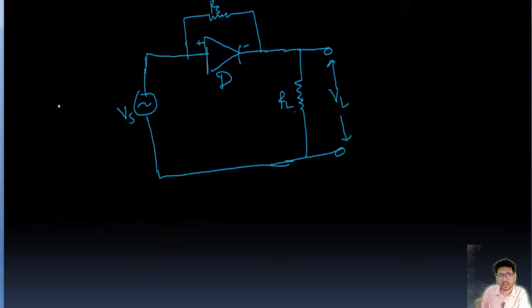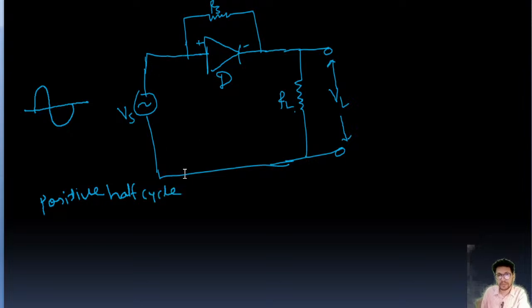So this is sinusoidal input. The voltage is like this. So for positive half cycle, VL is going to be